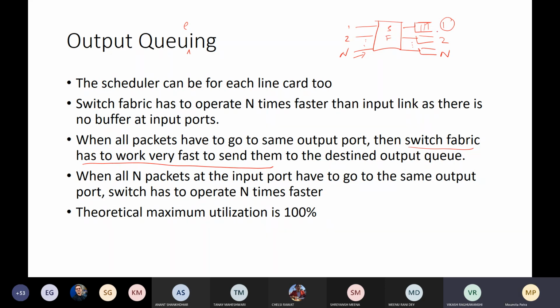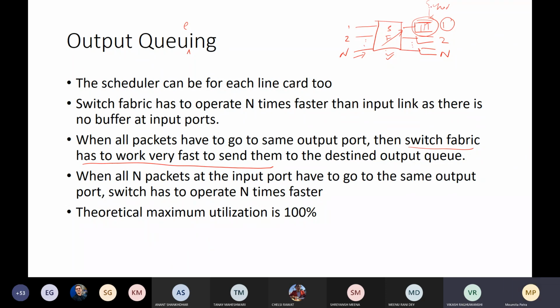Okay, so that's what is needed. So in this case, what will happen? If your switch fabric works fast enough, then whatever input is coming, whether it is coming to the same output port or not, you can send them and store them in this output port buffer. So this will not reduce your entire switch utilization. Your switch utilization is happening faster only. Okay, only thing is these will get buffered and then the scheduler will actually work out as to